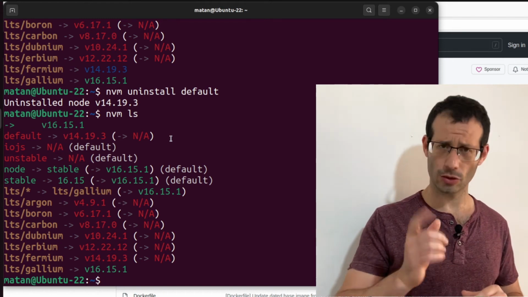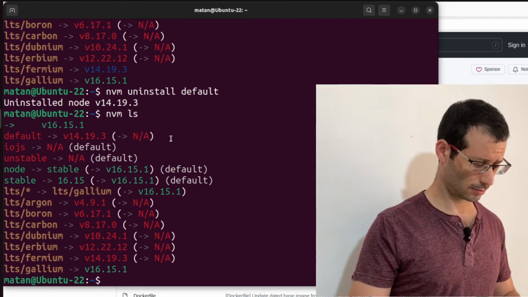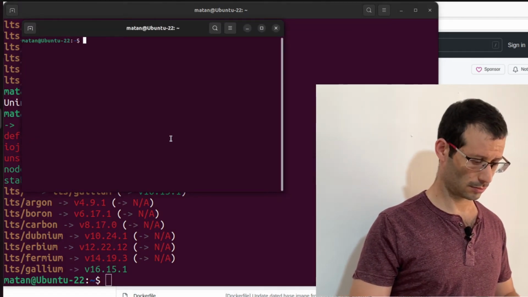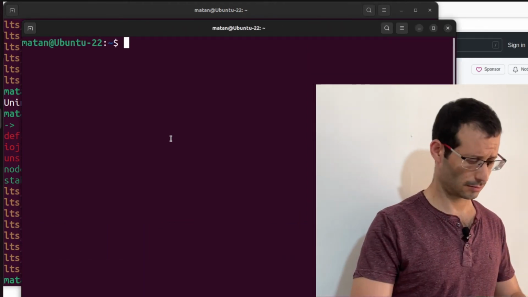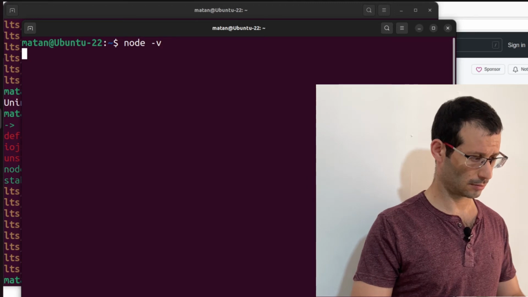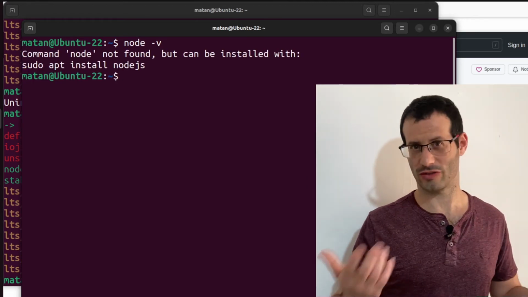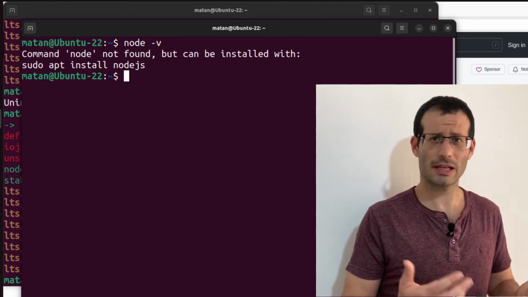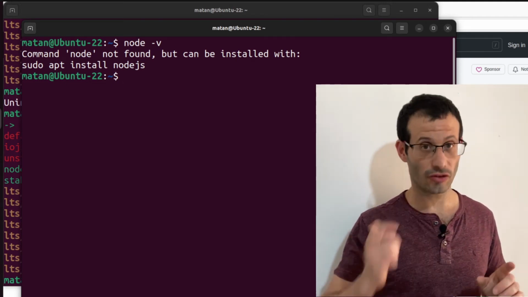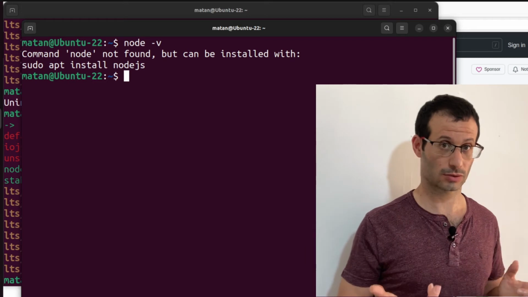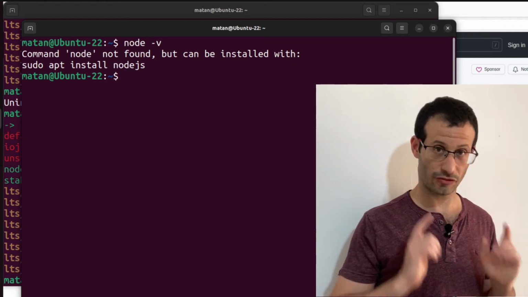Let's try to open a new terminal window. And let's see which version of Node it's running. And it doesn't run any Node version. So why is that? Why doesn't a new terminal run Node by default? The reason is that nvm uses the default alias for new terminal windows. So what we need to do is set the default alias,